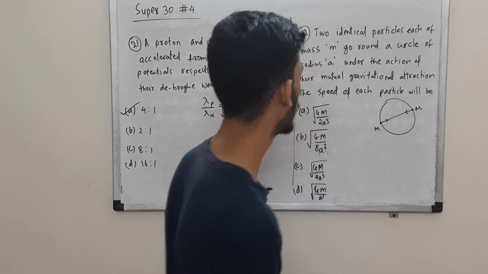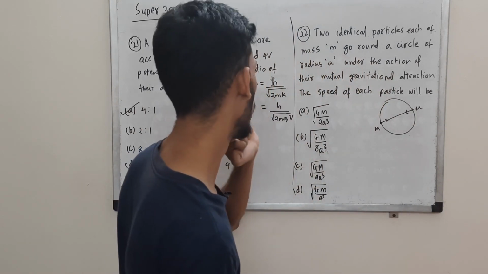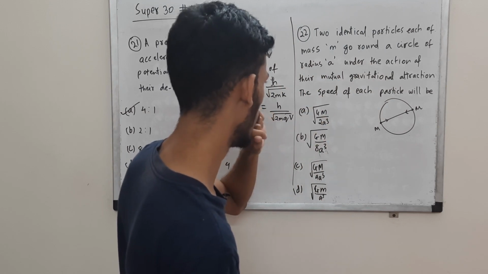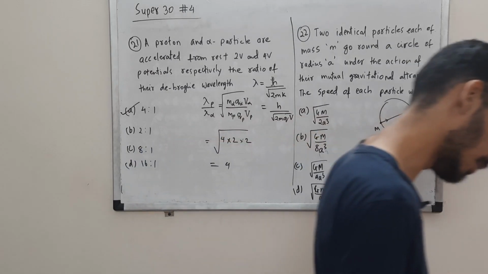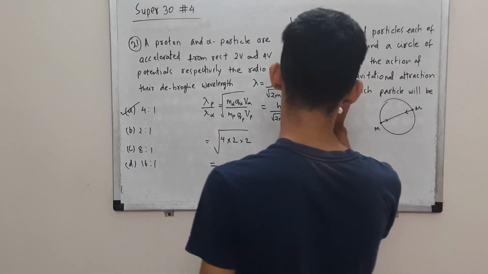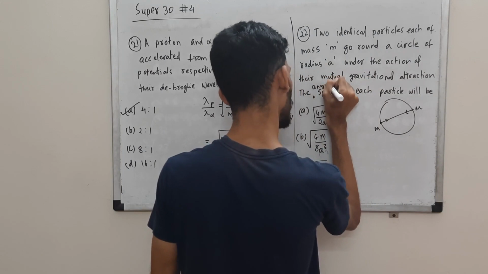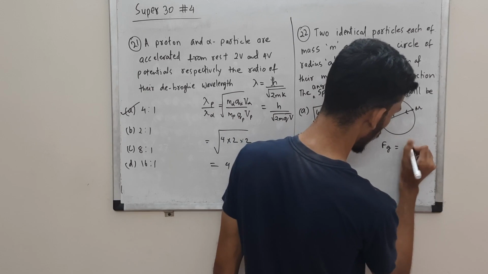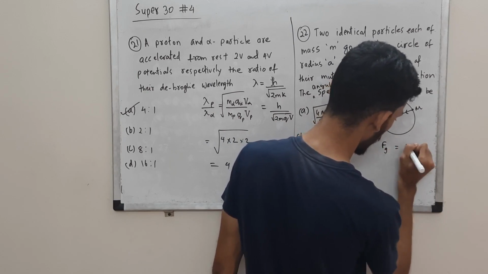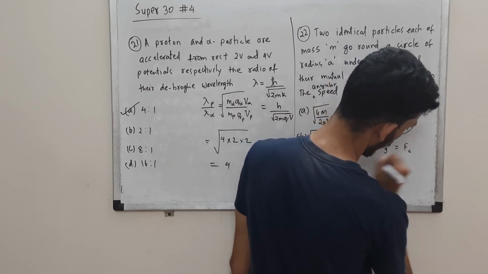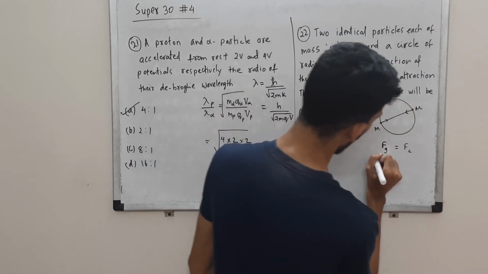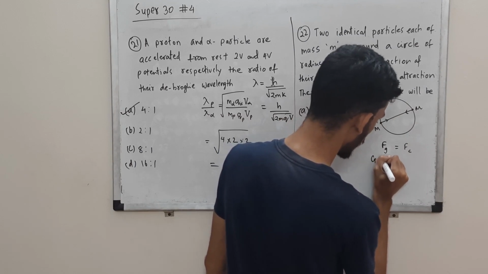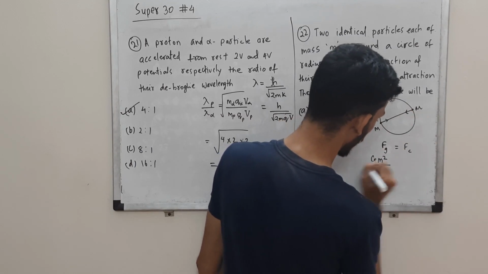So you are supposed to tell what is the omega, the speed of each particle, the angular speed actually. Let me check that. The question asks for angular speed, yes. So you know that we have two forces which are balancing each other. One is due to gravity, so I shall write it as F subscript g, and one is the centrifugal force, Fc. Now Fg, the gravitational force, is GMM, so GM square, identical masses, by